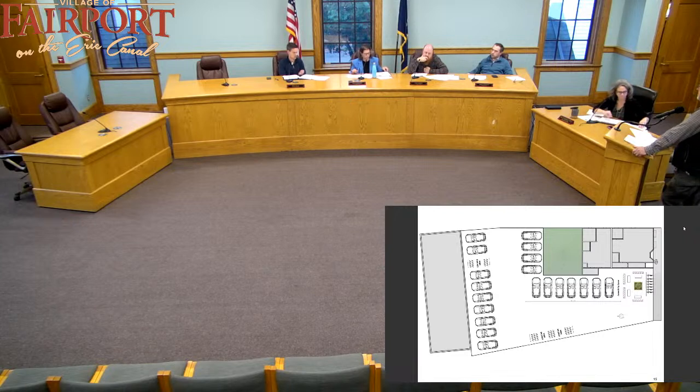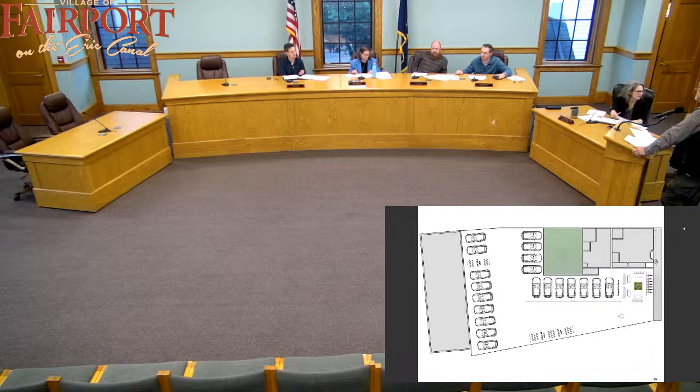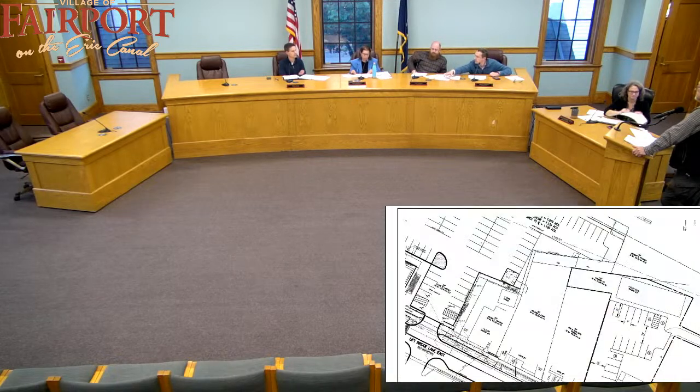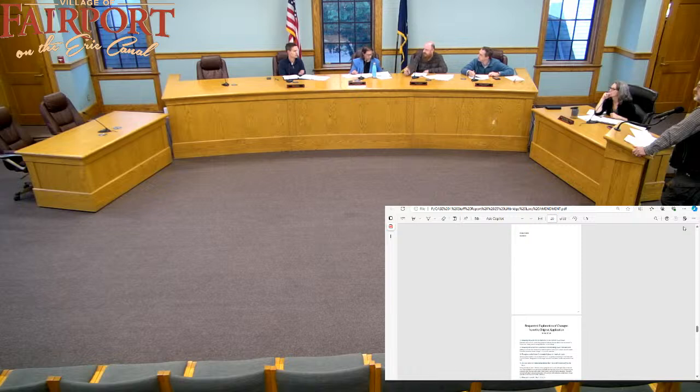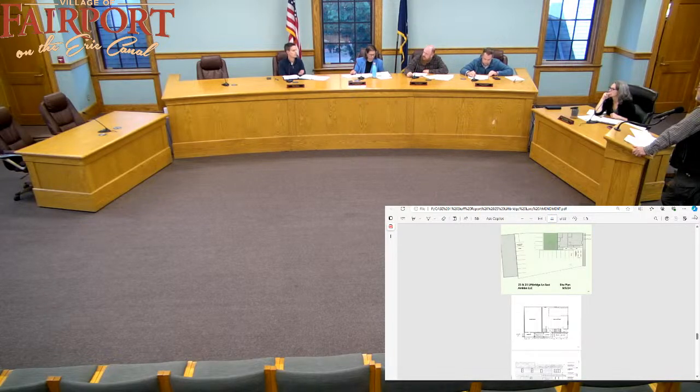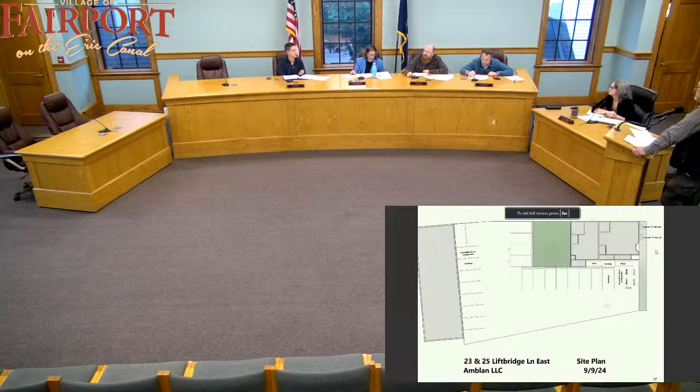But I think it goes back to, if you try to wedge too many things going on in that little space, you can create problems. You're trying to put a lot of different modes into one little area. And the more we're talking about it, the more we're thinking about it, I'm concerned about making that a significant gathering space right next to an entrance, right next to a vehicular entrance.